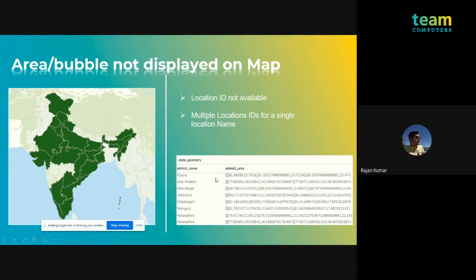In that case also, it won't show on the map, because it needs one particular location name to one particular location ID mapping. You cannot have two location IDs for one name. Like in this case, if you can see at the bottom right, for Maharashtra, there are two location IDs provided. So in such cases, these geometries won't be visible.